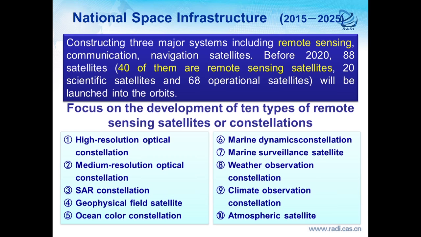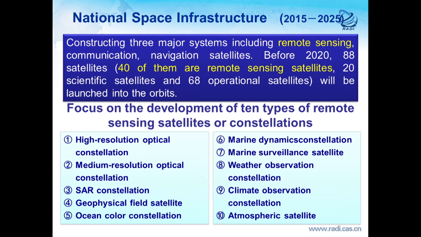According to that, this is a 10 year plan, and we'll be launching into space a total of 88 satellites. Among them, about half, 40, are remote sensing satellites. For remote sensing satellites, you can see the high-resolution optical constellation, not just a satellite, the constellation, and the medium resolution optical constellation, and even a SAR constellation. So right now, like Canada, our